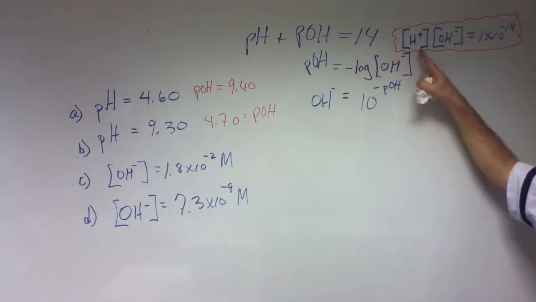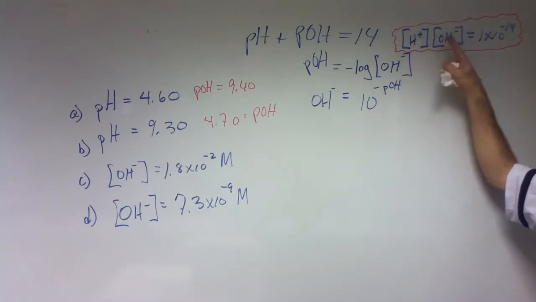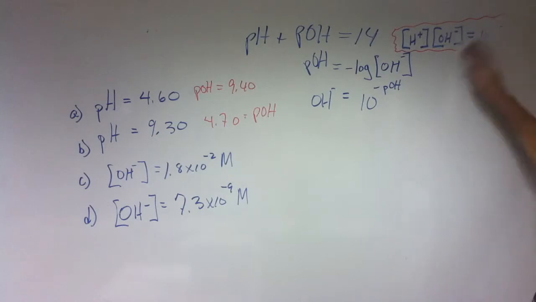So neutral water would be 1 times 10 to the negative 7th. The negative log would be 7. Clear? Okay. So,